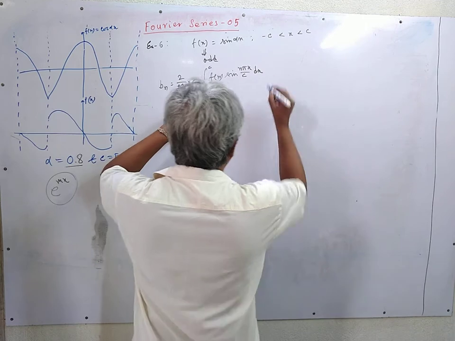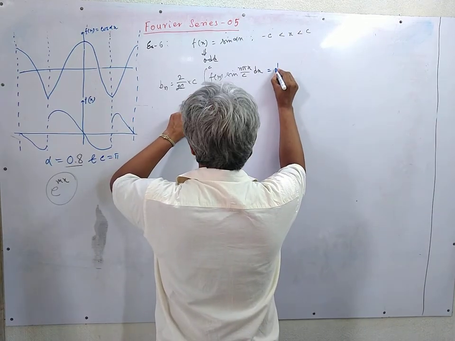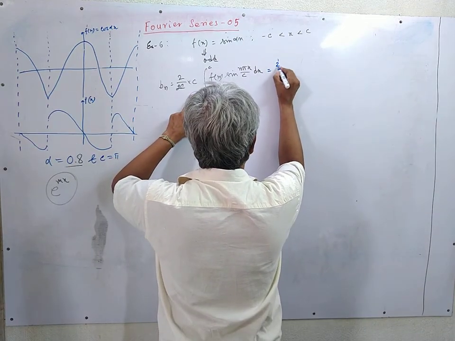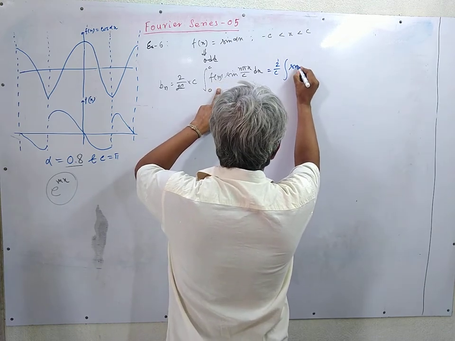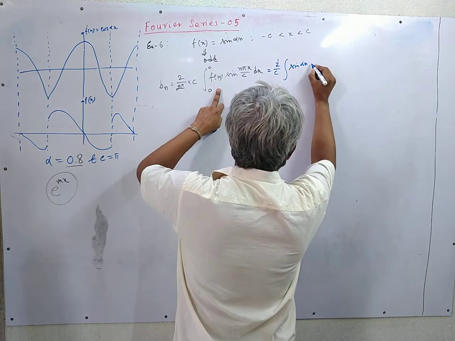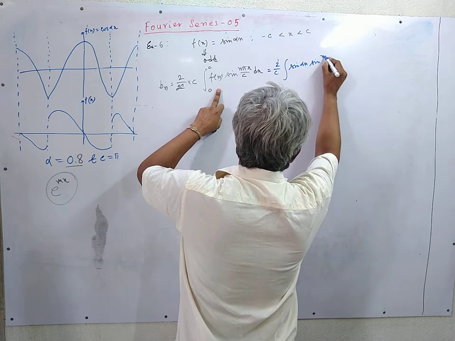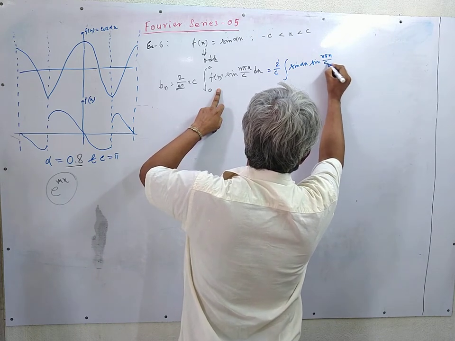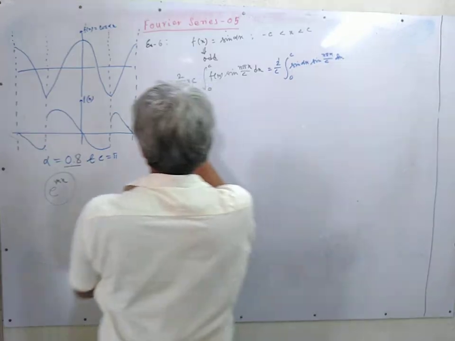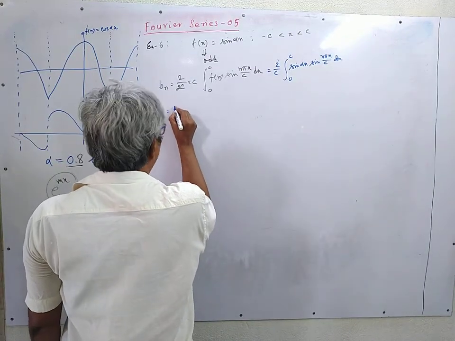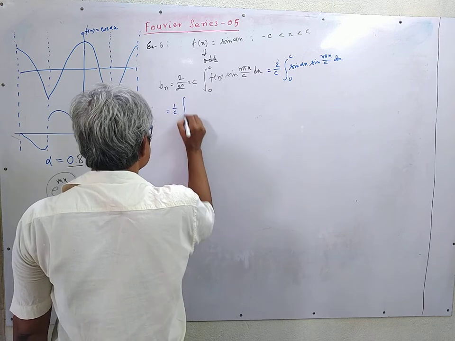And we see that this is equal to 2 upon c, integral of sine of alpha x sine of n pi x by c dx from 0 to c. So this can be written as 1 upon c